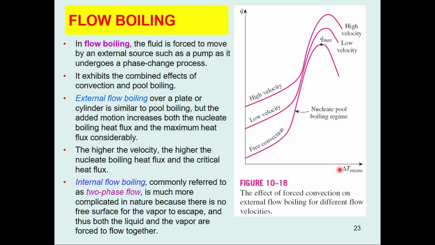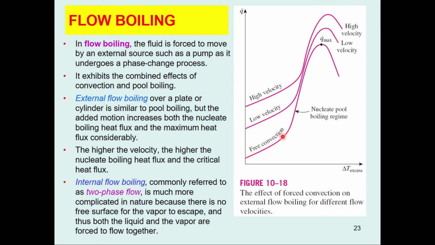This is the diagram, similar to the boiling curves that we have studied earlier. On the x-axis there is delta T excess, and on the y-axis the boiling heat flux. This is the first curve, which is similar to the boiling curve in pool boiling, right? For free convection, this is the first region, this is the nucleate boiling region, right, and then ultimately we will reach the maximum point, right? So this boiling curve, at which my pointer is moving, is similar to pool boiling.